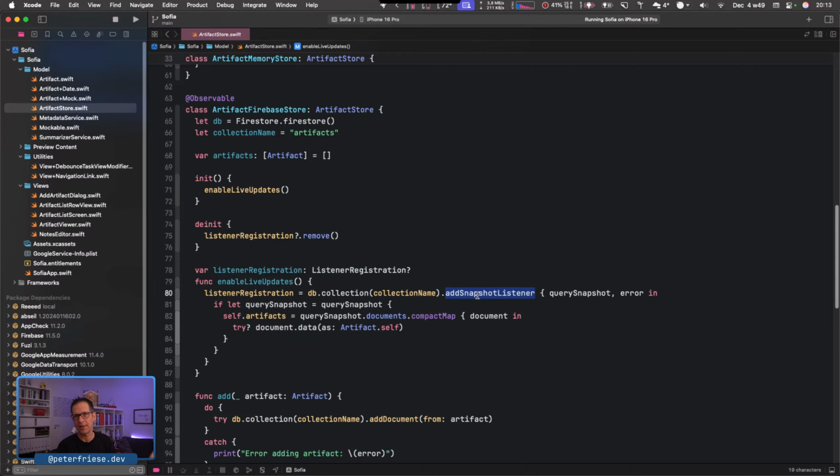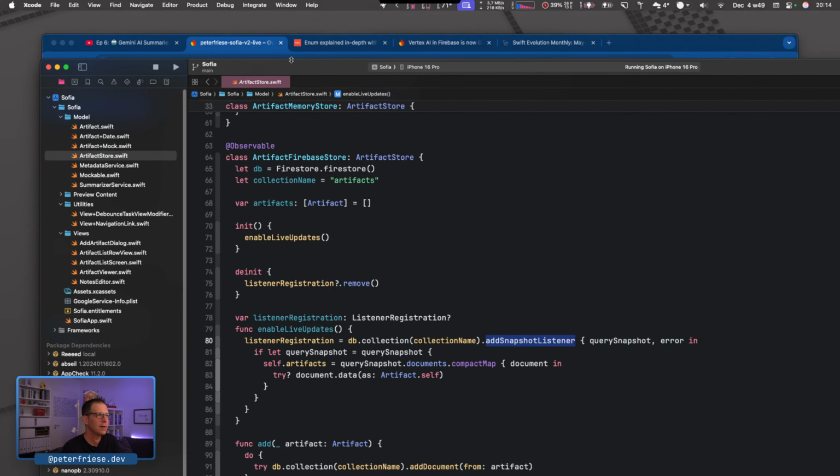Currently, it's just my data because I'm the only person who has access to the project. But once this application ships, everybody has access to the collection. And we need to make sure that this application only displays data that is owned by the specific user. So we'll have to implement a query to make sure that we only fetch the signed in user's data. So that is what we need to implement.